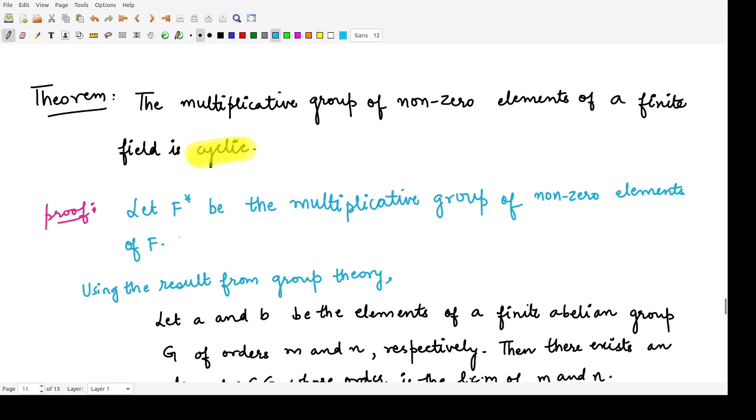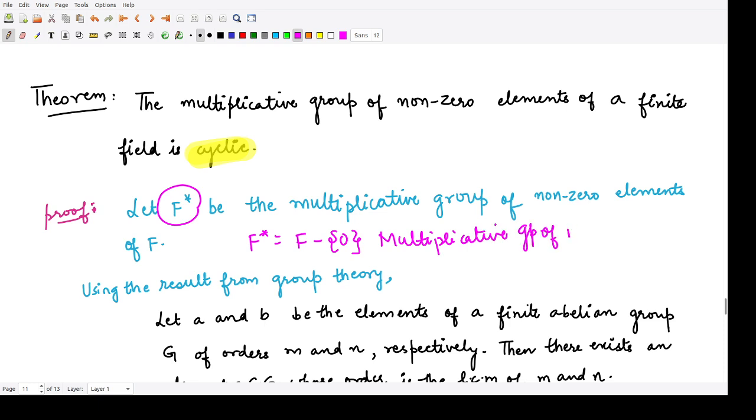So if we denote by F star the multiplicative group of non-zero elements of F, so that means what is F star? F star is equal to all the elements of F minus one element, that is the zero element. So this is your F star, and this represents the multiplicative group